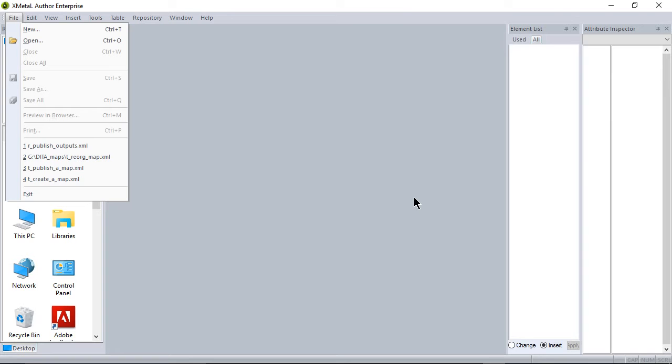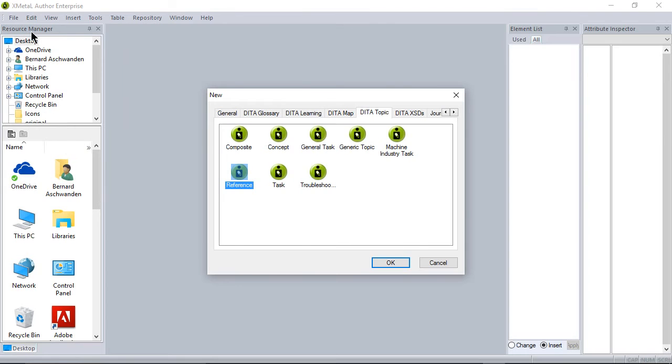Each tool is a little different. In XMetaL, under File, I would choose New. Here the information is organized by primary tabs, and you can see I'm currently in the one named DITA Topic. I'm going to click instead on DITA Map. Within it, I have a couple of different types of map, but the one I want is the fourth one